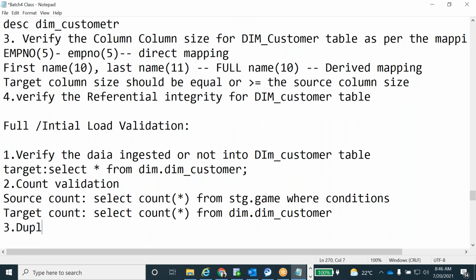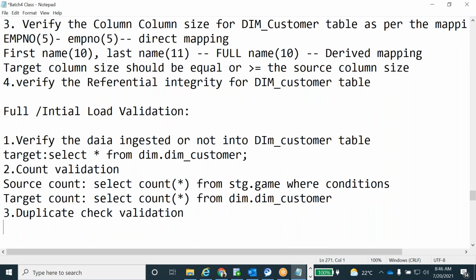Next will be the duplicate check. In the target table, are any duplicate records loading? How will you check the duplicate validation? On which column are we going to use it? The unique column, the business key columns. So what business key columns are there in the dim customer table? On top of those, you check whether any duplicates are loading. For example, here I'm taking the dim customer ref key as the duplicate key. This is the query, guys: select first ref key, comma, count star from dim dot